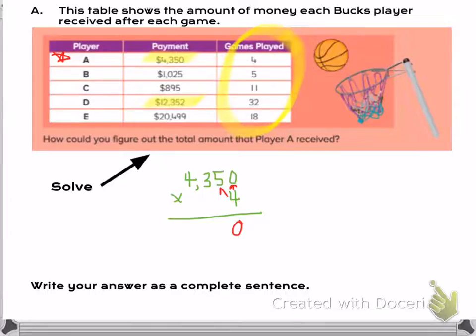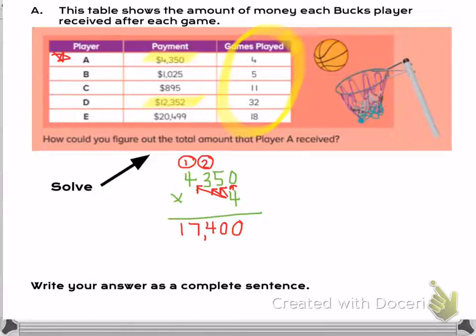We do 4 times 5, which is 20, so I'm going to carry the 2 to the number next to the 5. 4 times 3 is 12, plus the 2 is 14. I'm going to carry the 1. 4 times 4 is 16, plus the 1 is 17. So I see that my answer is $17,400. So what this means is after 4 games, player A will have earned